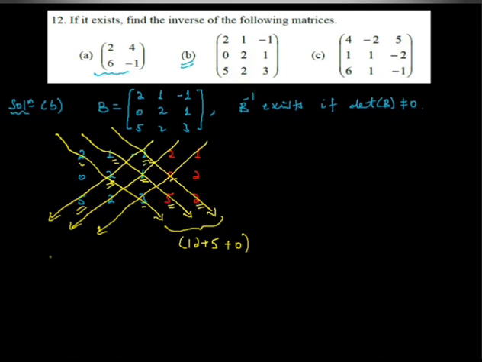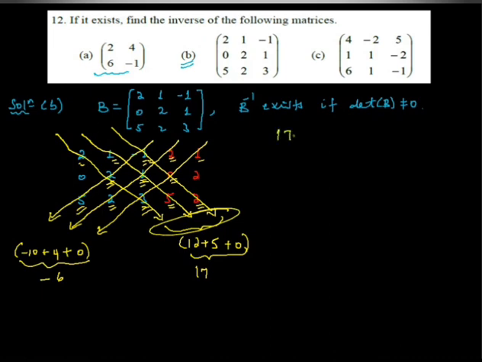minus 1 is minus 10. Okay, this is minus 10 plus 2 times 1 times 2 is 4, plus 3 times 0 times 1 is 0. Okay, now what do we have? This is 17, and this is minus 6. So from what do we subtract? We subtract from this diagonal. So 17 minus of minus 6 is positive 23. Okay, you see